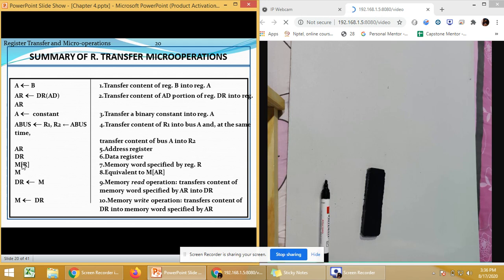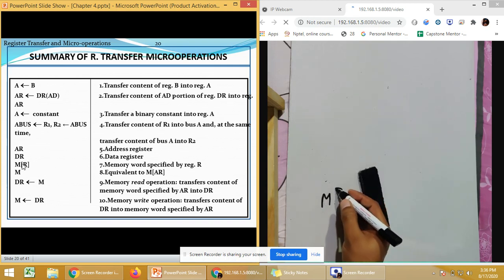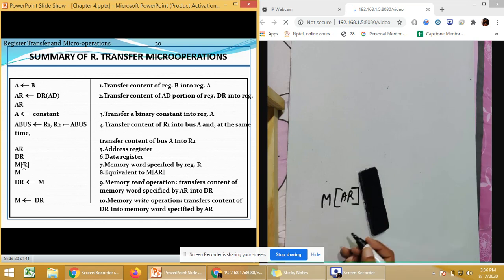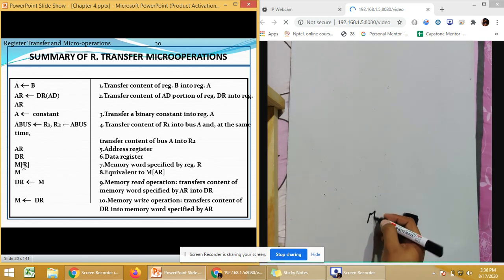But whenever we talk about M, it simply signifies that it is not alone. It needs to have an address with it. So it can be MAR, you can represent it as M[R], you can represent it as M. But this M also signifies that you need to have the address register. Similarly, the content from memory is shifted from M to DR, or there might be the reverse of it. The content from the data register might be sent to memory. So both operations are possible. So these are some of the transfer micro-operations. These are only some of them. These are not all.